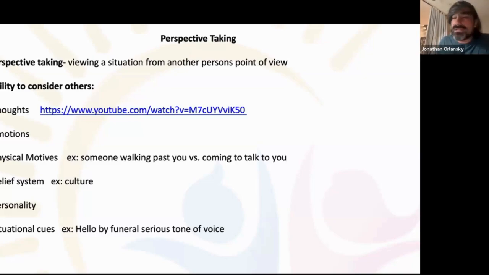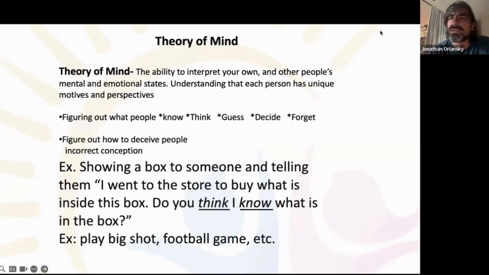Situational cues. Again, this is referring to, I think, if someone says hello to you at a funeral, everything's going to be very muted. You're going to say, hey, how are you? And not go, hey, great to see you. That would be weird, and not well received. So that's all interpretation of situations and of people, that goes into those calculations of exactly how we want to carry ourselves.